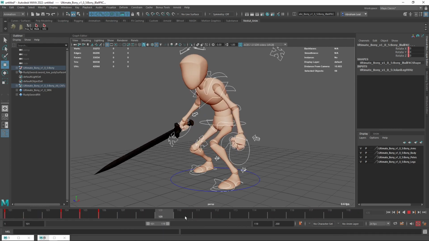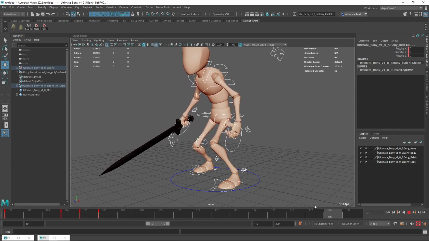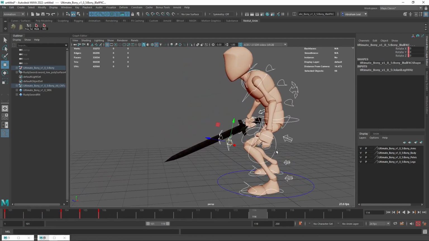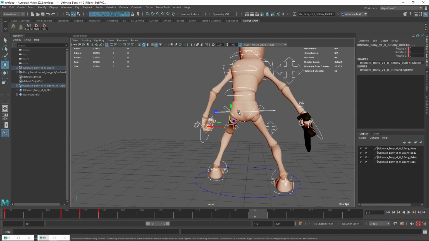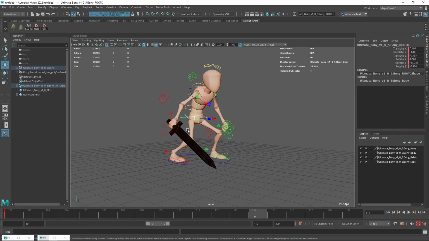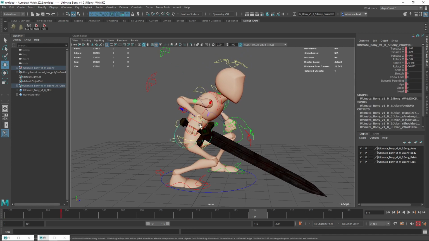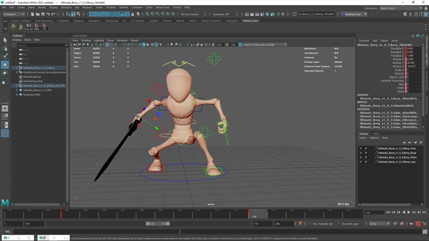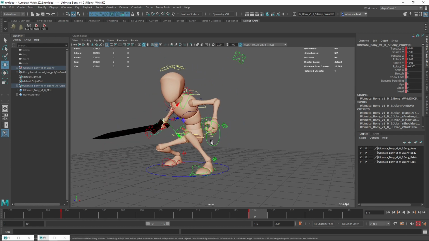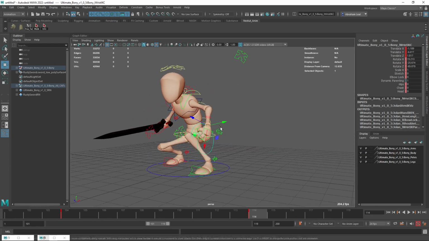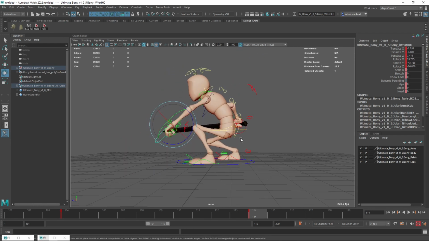Let's try a jump since we've been doing a lot of jumps throughout the series. So let's go like frame 114. And for the jump, we're going to need a preparation, right? So here we're going to go down. It's probably going to raise the sword a little bit so it doesn't push the ground. I want to again make him look very primal, very tribal. So maybe he goes down